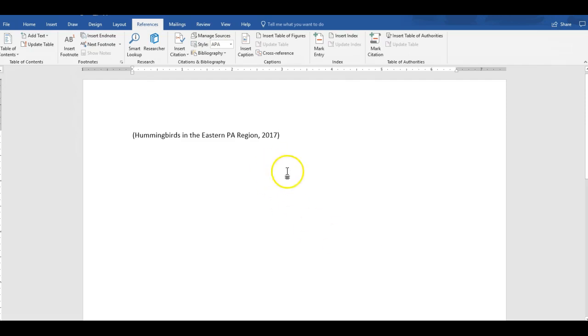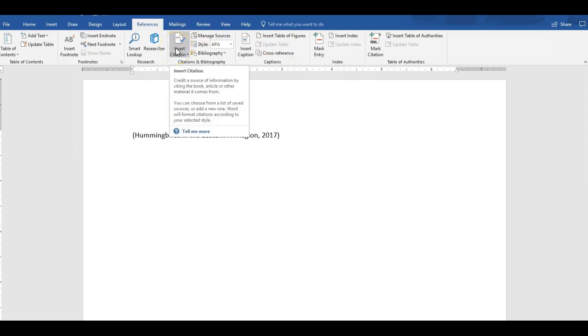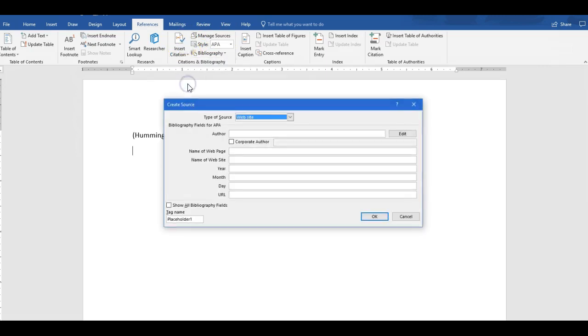Okay, now you'll notice something here. It just created a parenthetical in-text citation, and that's okay. We got another step to go here. So I'm going to create another citation. This time I'm going to add a new source, and this time, as I said, I'm going to make it